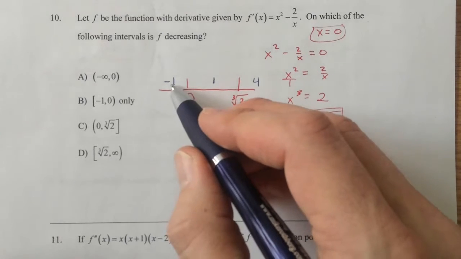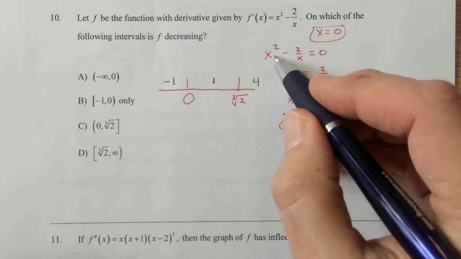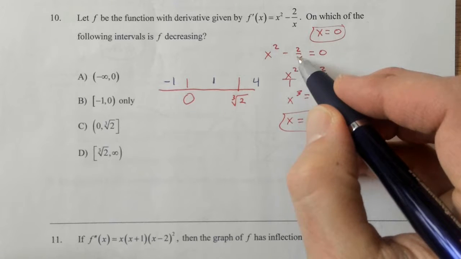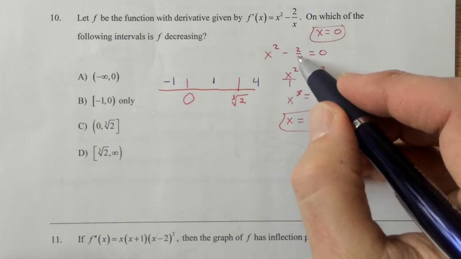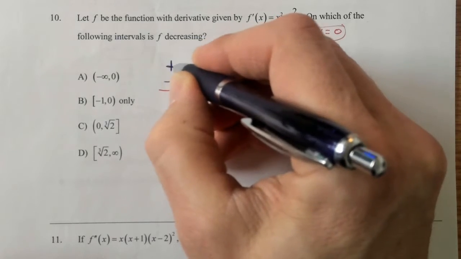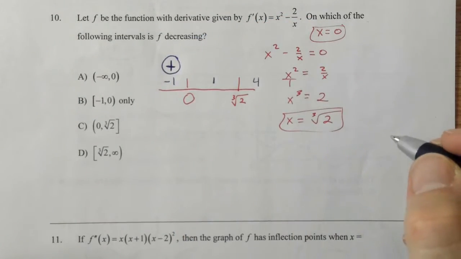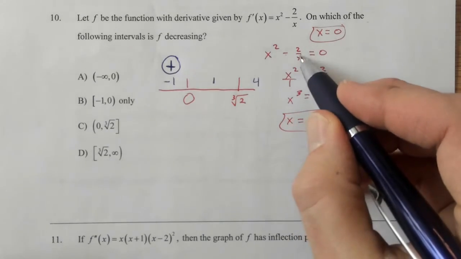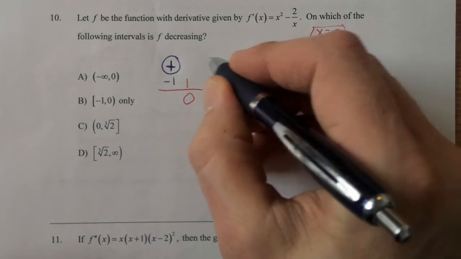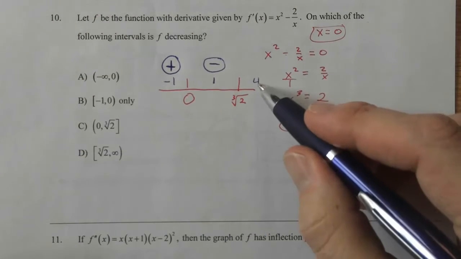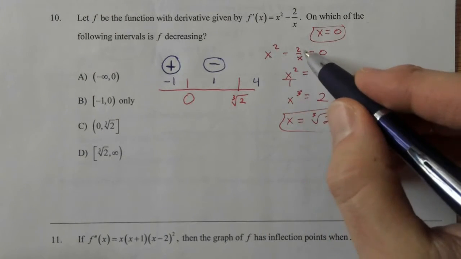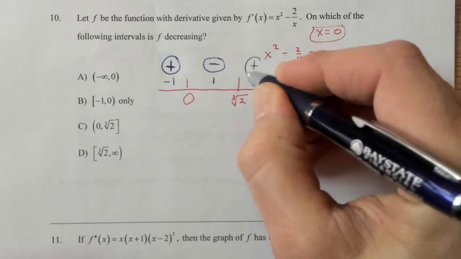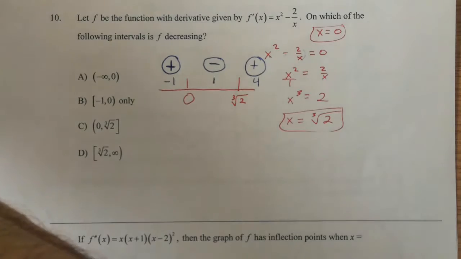If I plug in negative 1, I have a positive value minus 2 over negative 1. So minus a negative, which is a positive. So I have a positive plus a positive. So we're talking positive right here before 0. When x is 1, I end up with 1 minus 2. That's a negative value. And when x is 4, I have 16 minus 2 over 4. 2 over 4 is a half. 16 minus a half is a positive value. So positive right there. So a negative